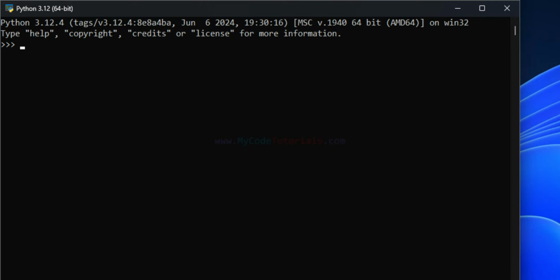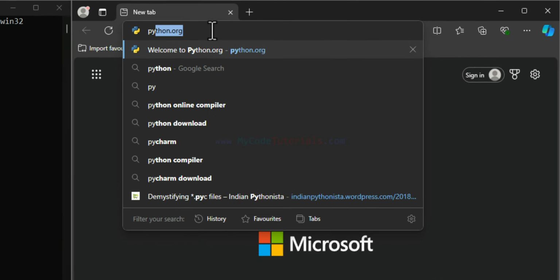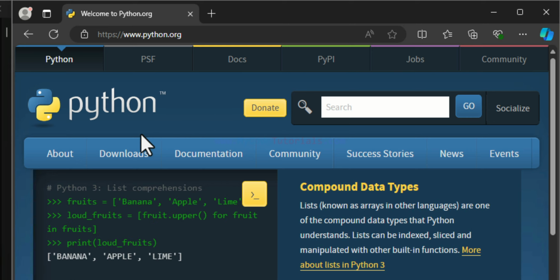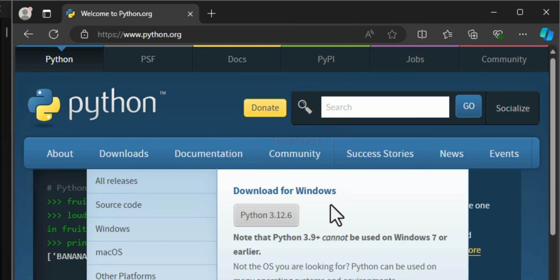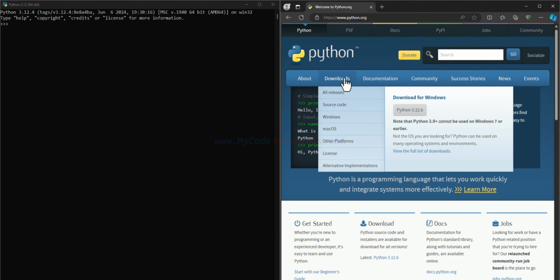3.12.4. And if I open up a browser, and in this browser if I go to python.org, which is the official website of Python, and if I take the cursor on this downloads, then we can see that the latest version available is 3.12.6. In order to upgrade the Python that is installed in our computer to the latest version, what we have to